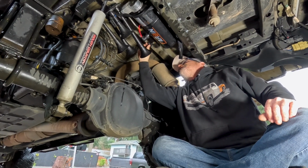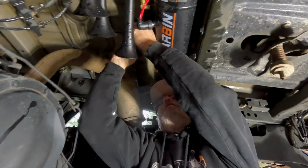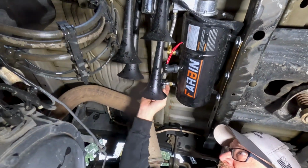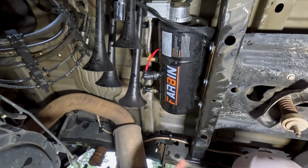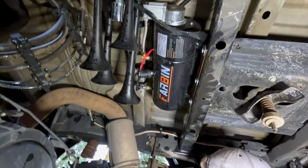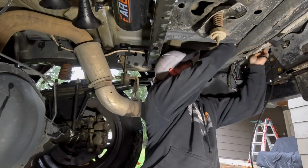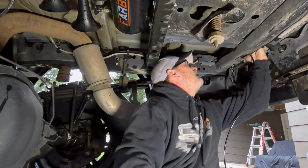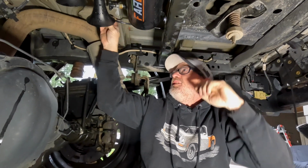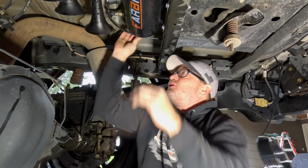Oh, perfect. So it's a perfect length. And then this guy will go in to the back side. Okay. Boom, boom. Air horn, new fitting, T fitting. This will go out to our airline. So now we need some more hose. And this stuff we're going to want to run right up here, and I got an idea for this too. So we'll make, I'm going to want to put some sock on this, so we'll put that there just for now,